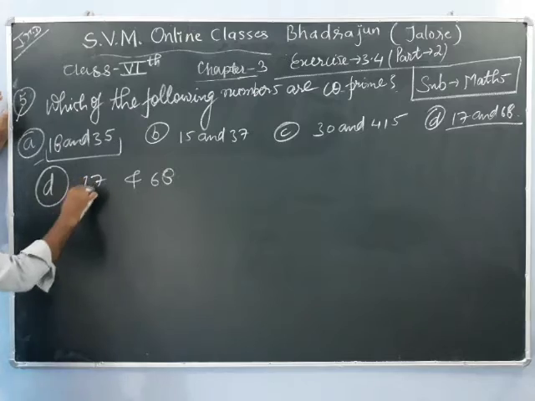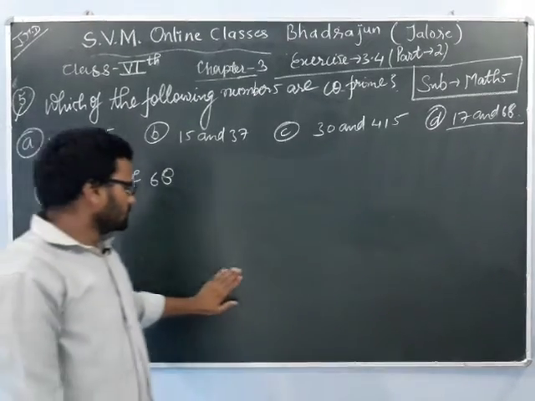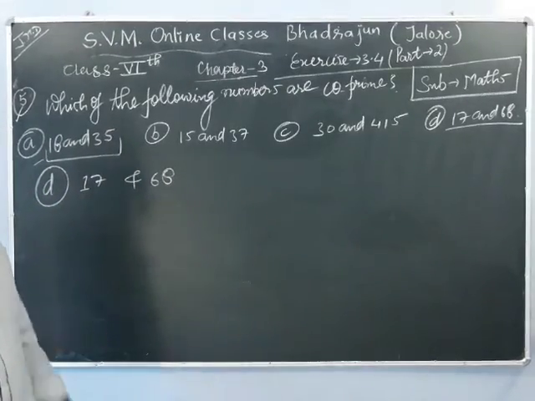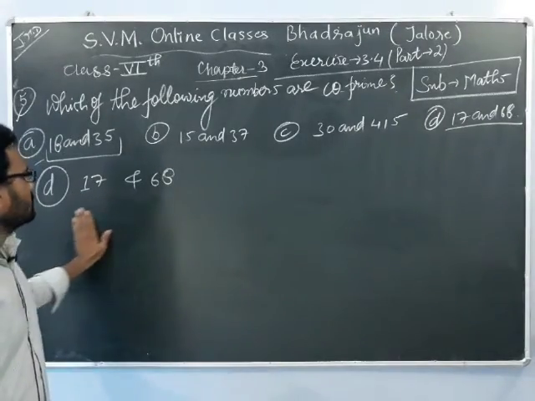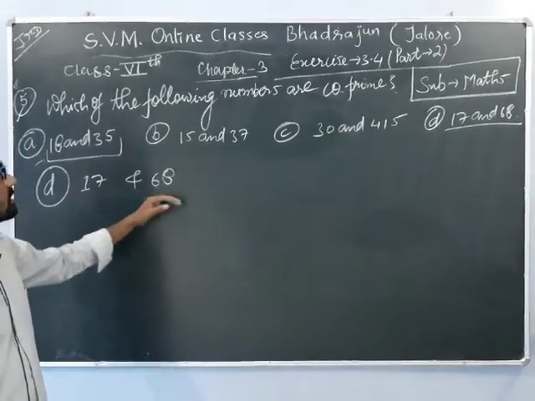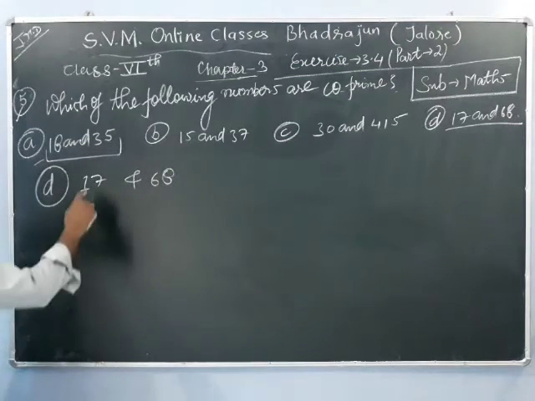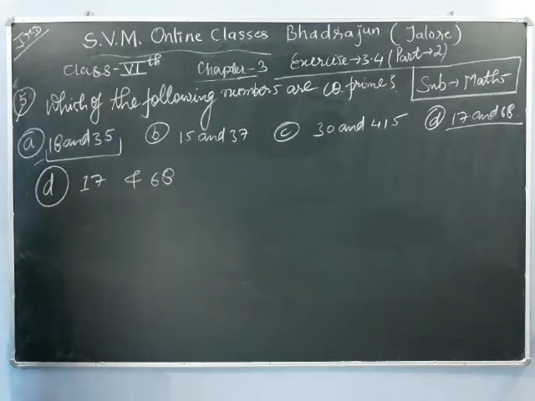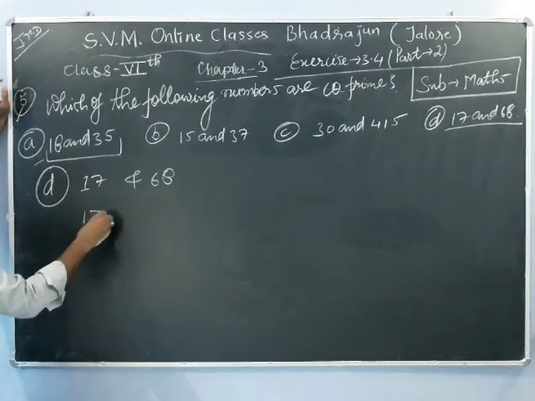If the smaller number is very small compared to the bigger number, then we will check whether the bigger number is coming in the smaller number's table or not. So 17 1s are 17, 17 2s are 34, 17 3s are 51, 17 4s are 68. Here 17,